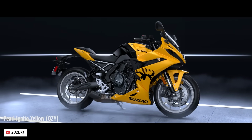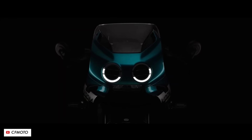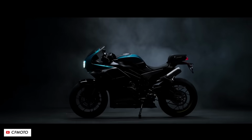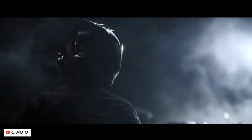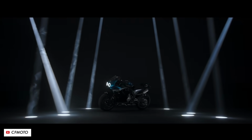Now, a few months back, we reported on this striking-looking new retro-inspired sports bike from CF Moto called the 500 SR Voom, which really does catch the eye with those two round air inlets up on the front of the fairing, surrounded by the LED running lights. Thing is though, it should be pretty fun to ride as well because it's got a 500cc inline 4, so it should have some of that revvy retro sports bike charm, and also it makes decent power at around 80 horses peak. Unfortunately though, so far it's only been available on the Chinese market, but that could be about to change